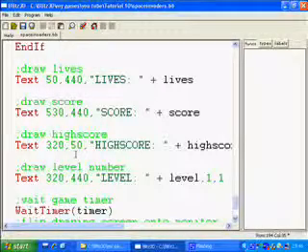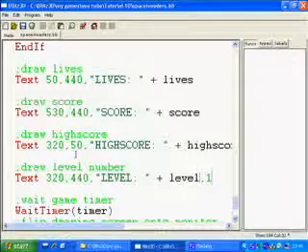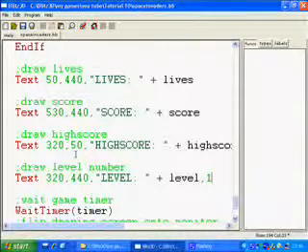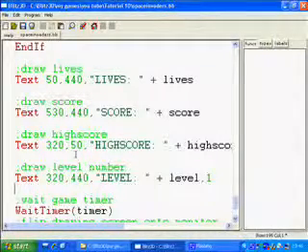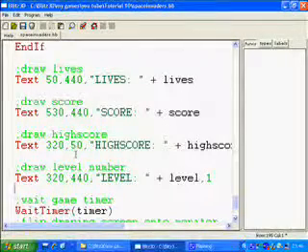In fact, I won't put 1 on Y because that will put it slightly off from the lives and score. So I'm just going to put 1 1 there, which means that it will centre it on the X-axis, but not the Y, so I'll put a 0. In fact, I won't put anything because Blitz will just put a 0 anyway. So if I run this,